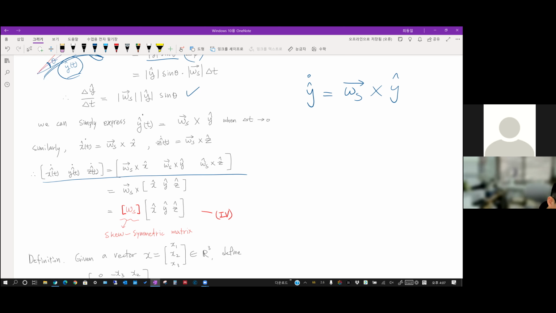In here, we find this new concept of the skew symmetric matrix. When we calculate the cross product,